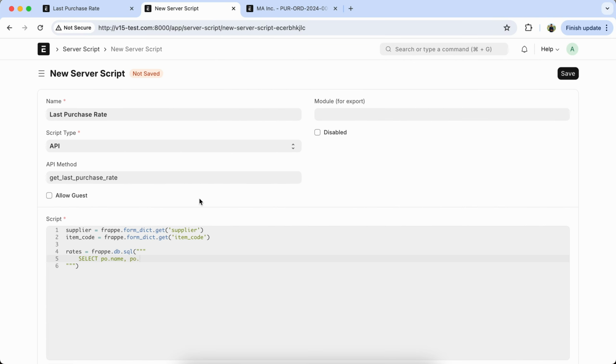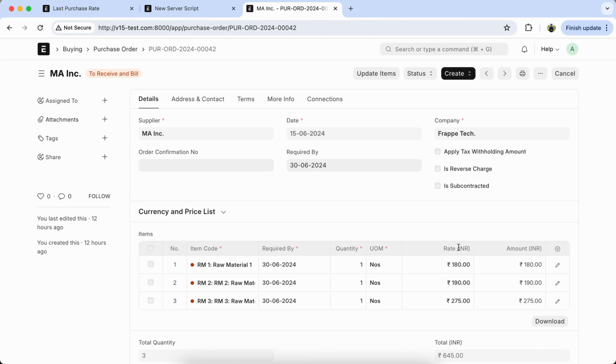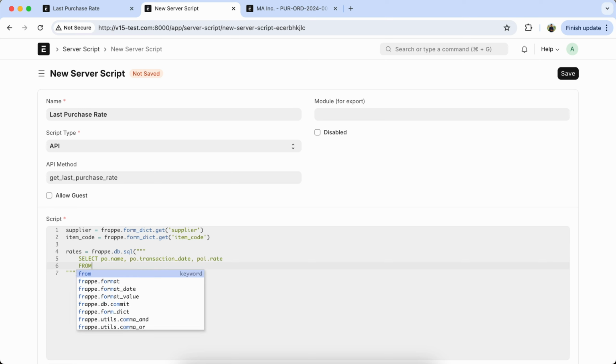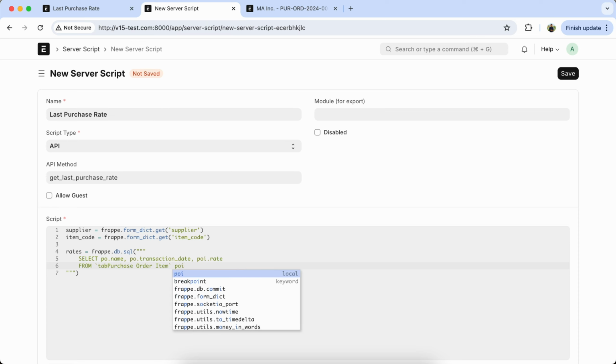So copy the field name, PO.transaction_date. Also we have to get the rate field name, so POI.rate from table Purchase Order Item POI